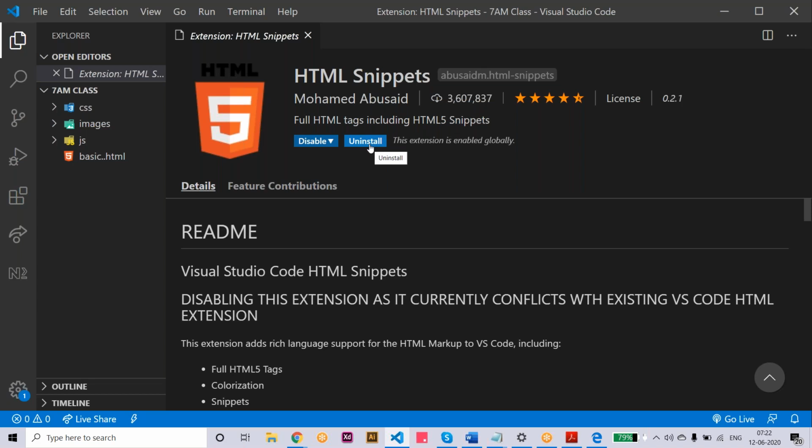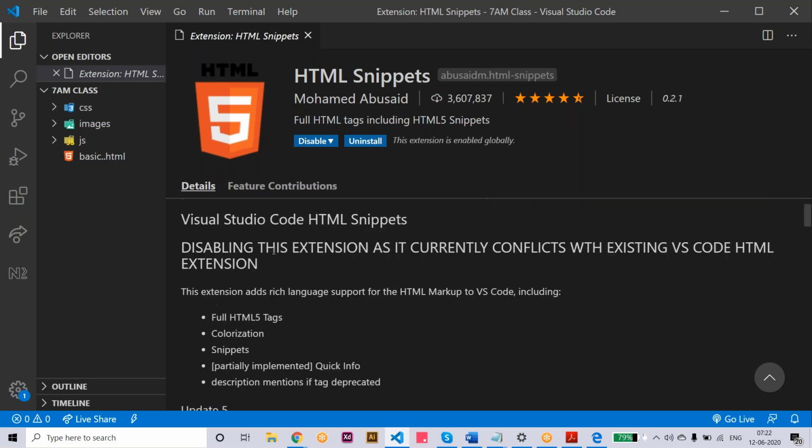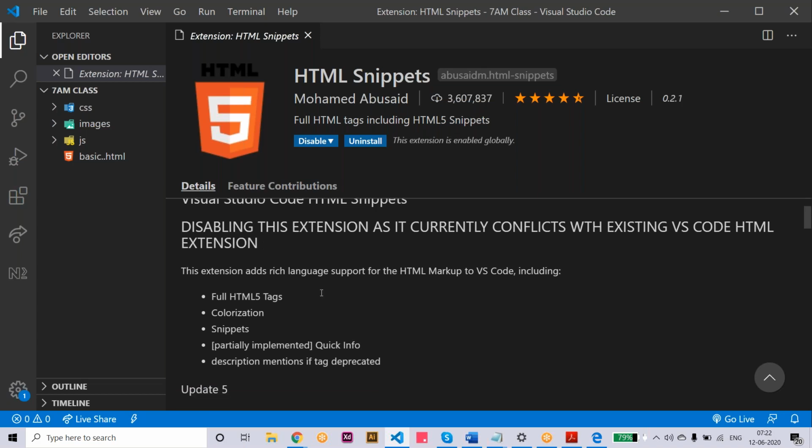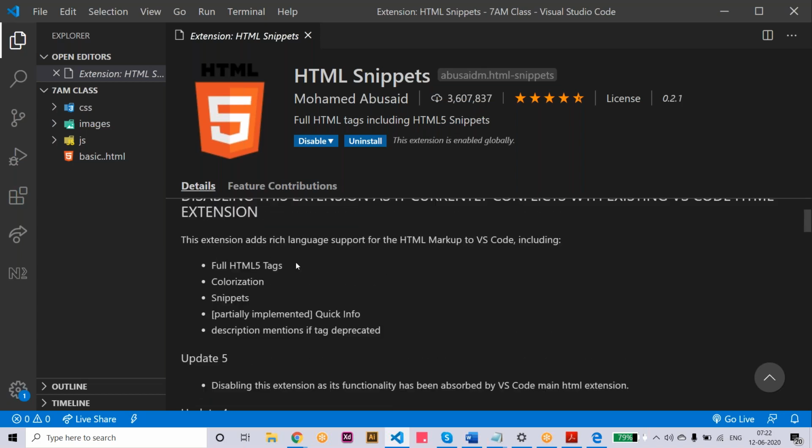Just click on install. It will add HTML snippets to your Visual Studio Code. So what is the use and what is the advantage of the HTML snippets? Here you can see Visual Studio Code HTML snippets, with the disable option for this extension. Here you can see this extension adds rich language support for HTML markup